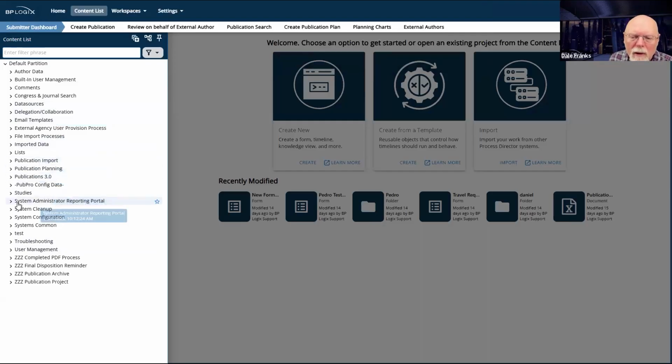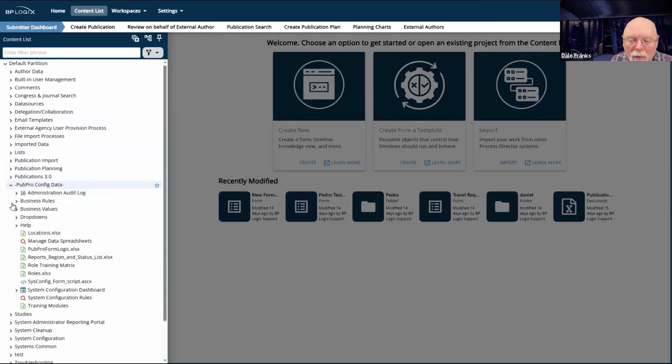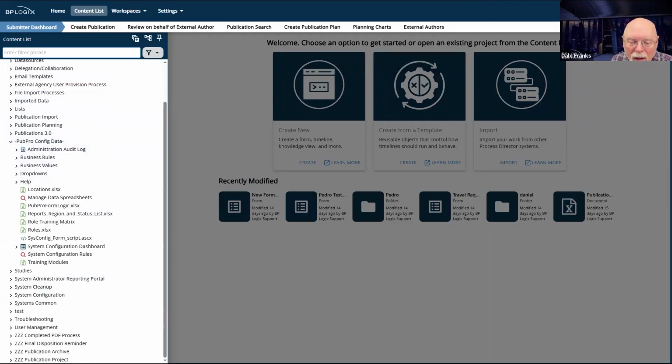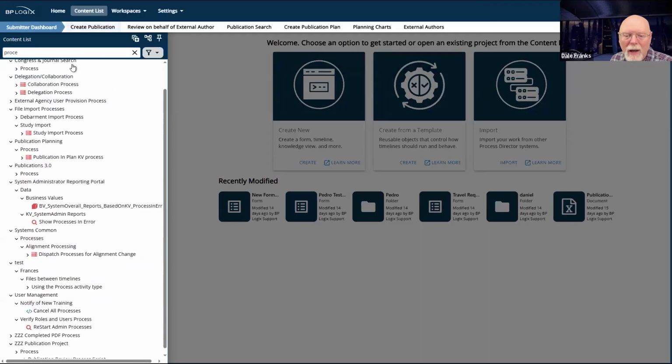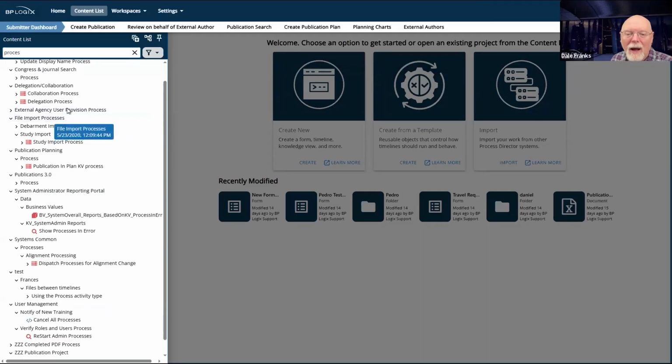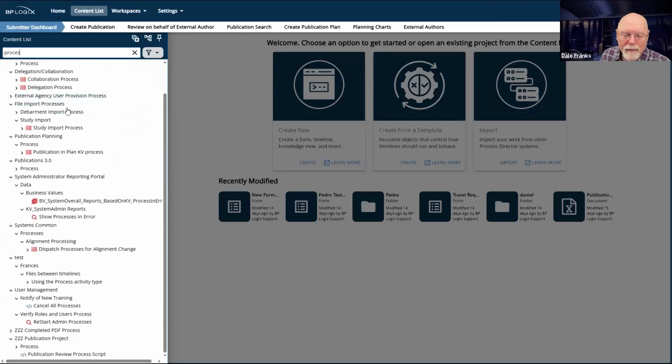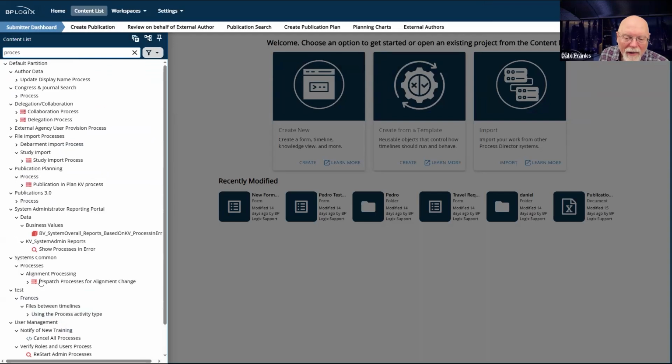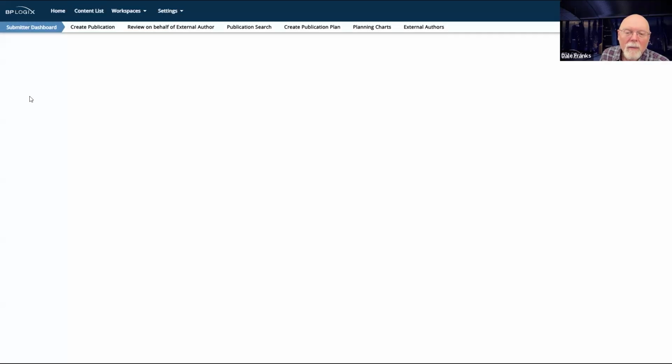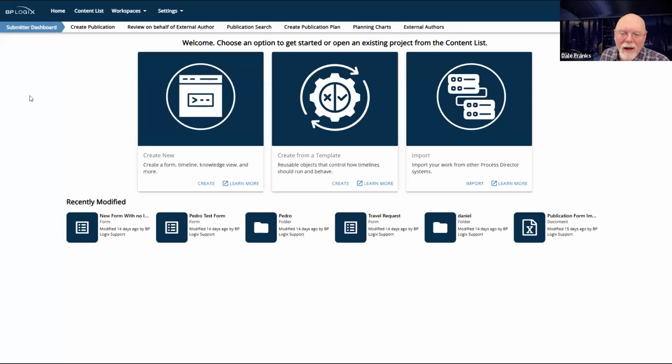So let's just look at that. Final import processes, config data. I have to remember where this stuff is. I have the new content list. I think I can cheat. That's the publication planning process. Send export file.